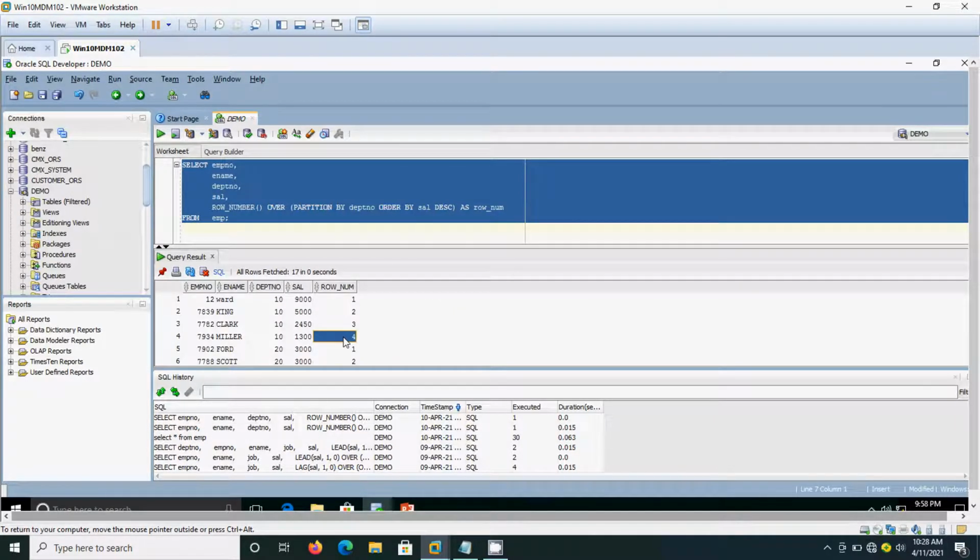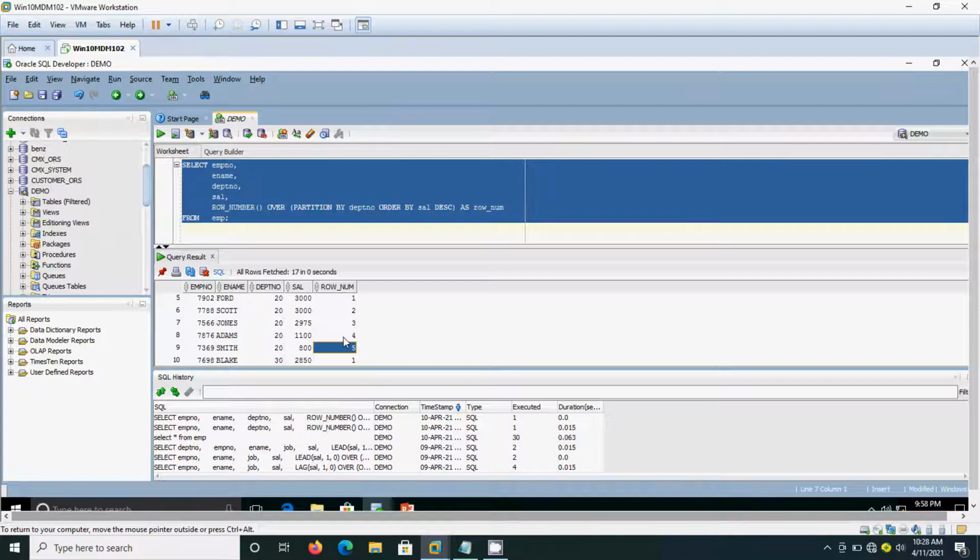See, for department number 10, the row number is 1, 2, 3, 4 because 4 employees are working in department number 10. Then for 20 it restarted again. That means the number 1 is given for the first employee in department number 20. If 5 employees are working there, then numbers up to 5 will be allotted. Likewise it will be allocated for each and every department.